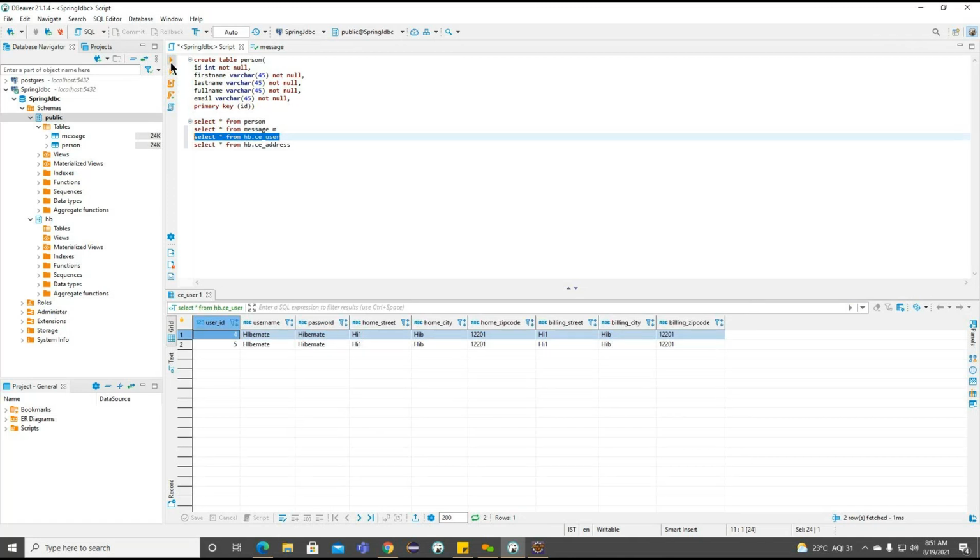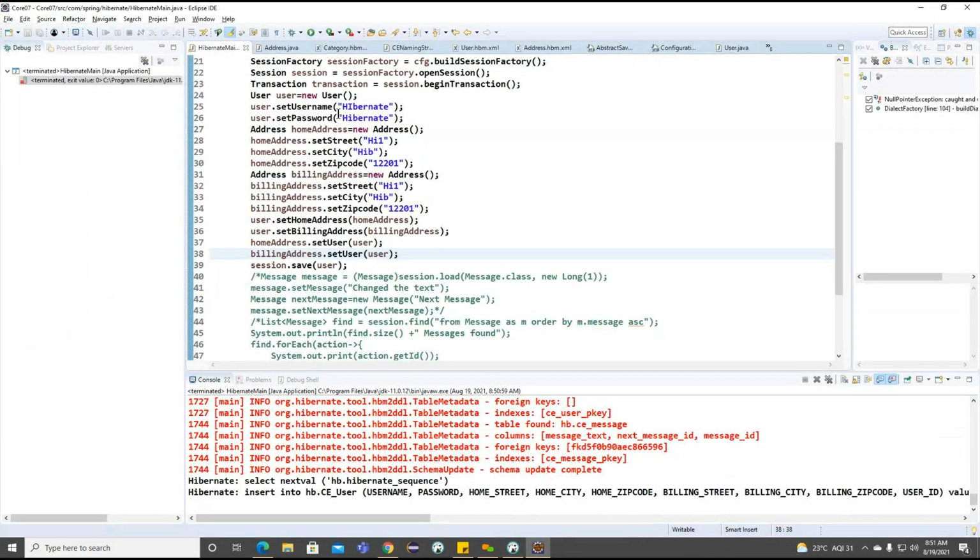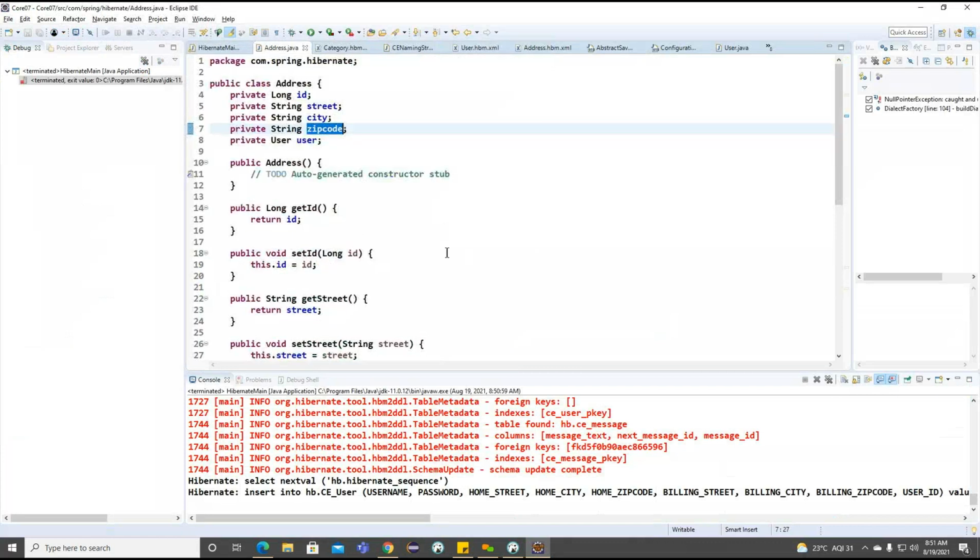Okay. So basically, we did not provide the relation between address and user. We just provided the classes mapping, but the table mapping we did not provide here.